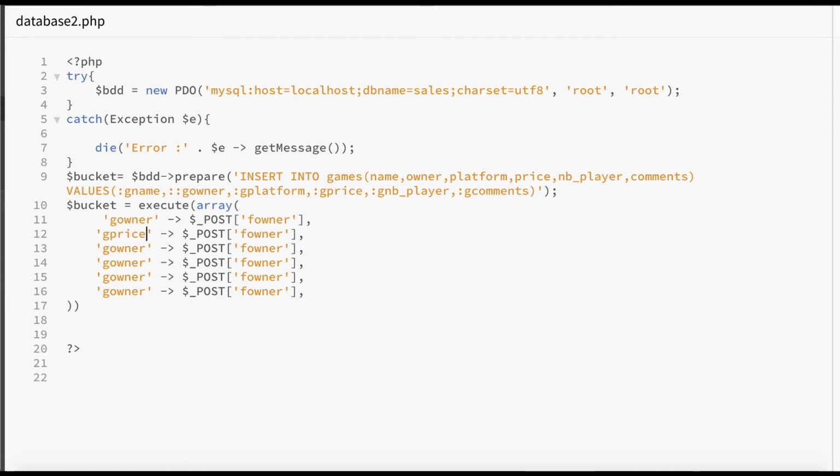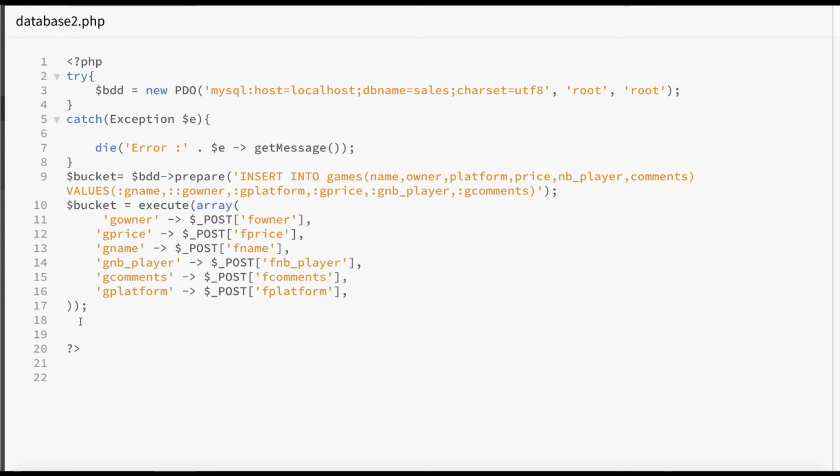So I have here G price, F price, I have here G name, F name, I have here number of player, also here number of player, I have here comments, and lastly platform, and here platform.